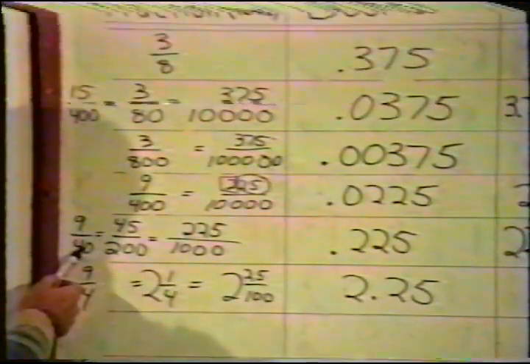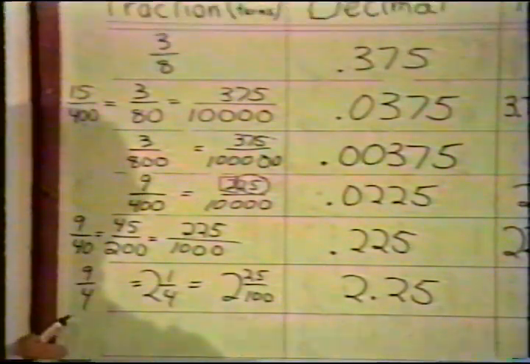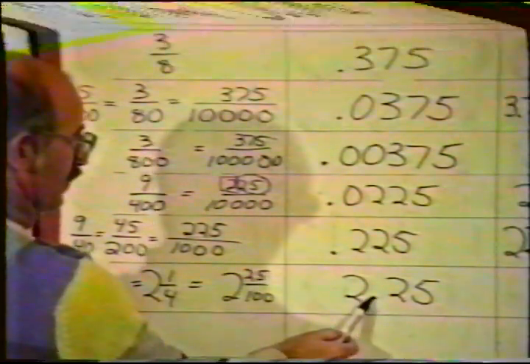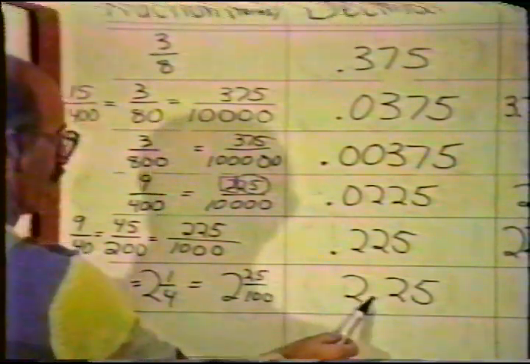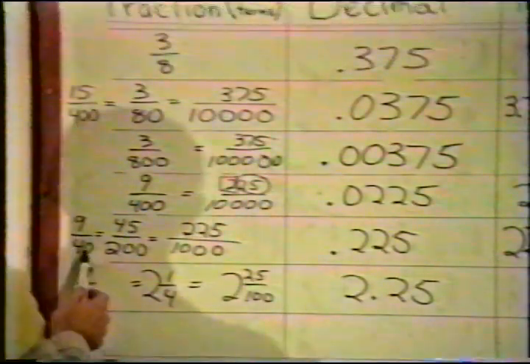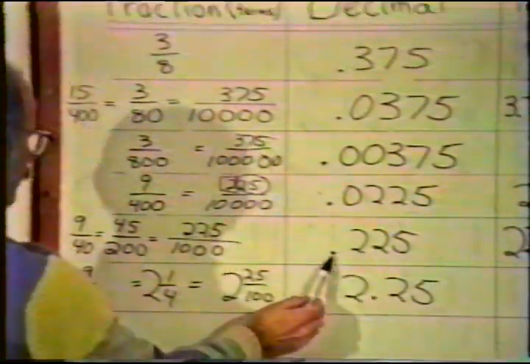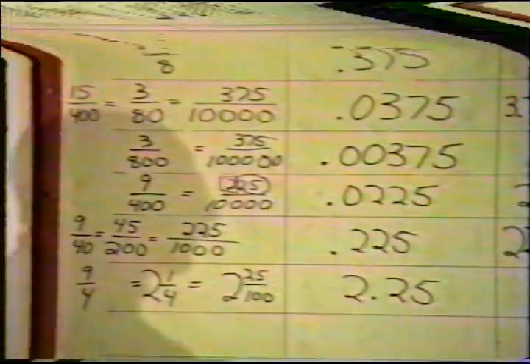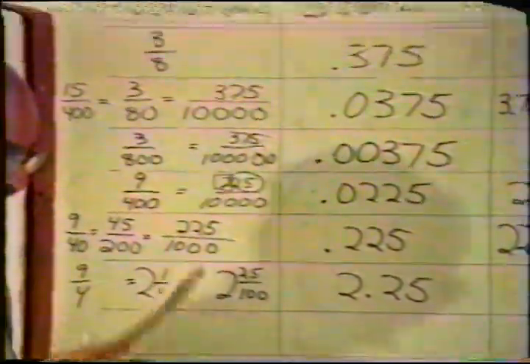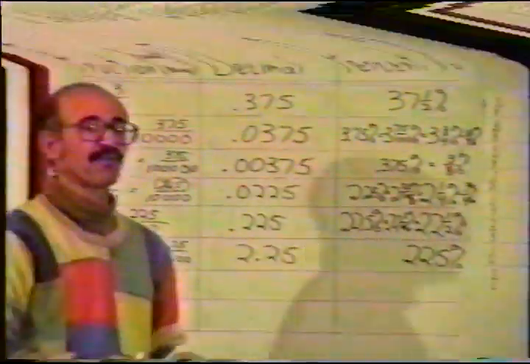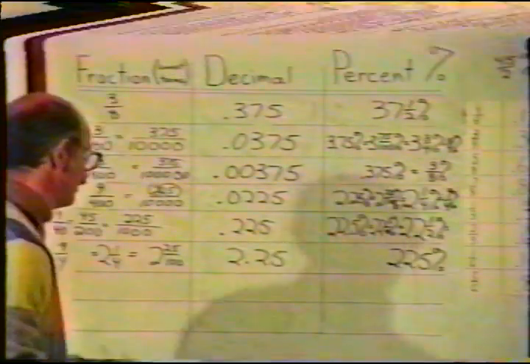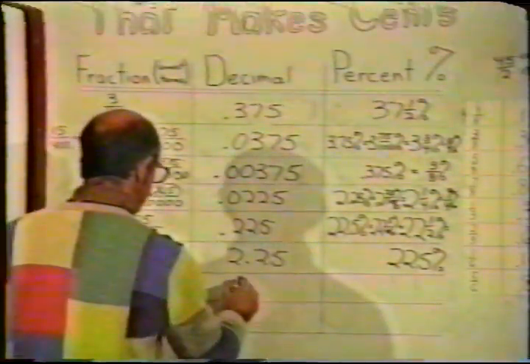So these three are also kind of a set. 9/400, 9/40, and 9/4. The same numbers, but the decimal point is in a different place. 9/4 puts it here. 9/40 says go back a space, and 9/400 says go back another space. We have just 3 more for you for your extras for experts. The next one is